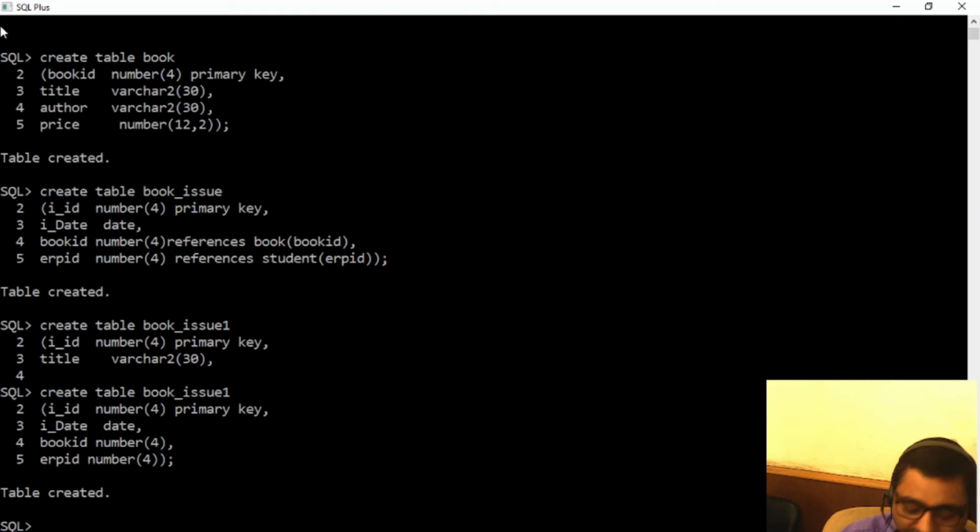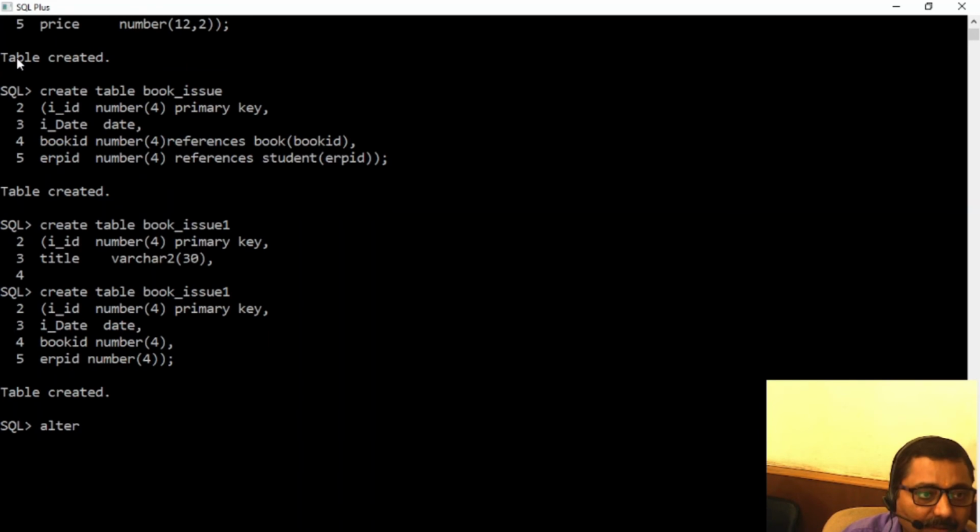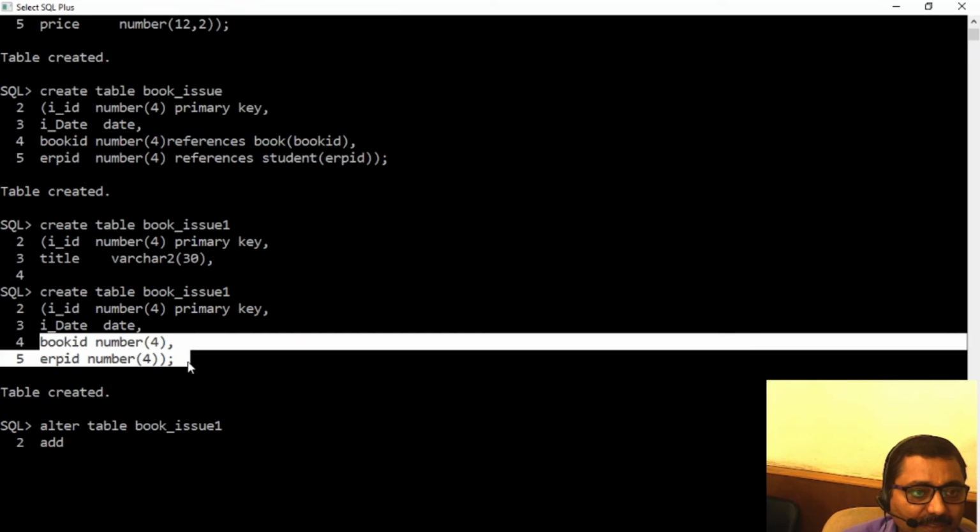Let's see. Alter table, which table? Book issue 1. Then I'm going to add what foreign key? It's not added yet. Here you saw, I have not added it.